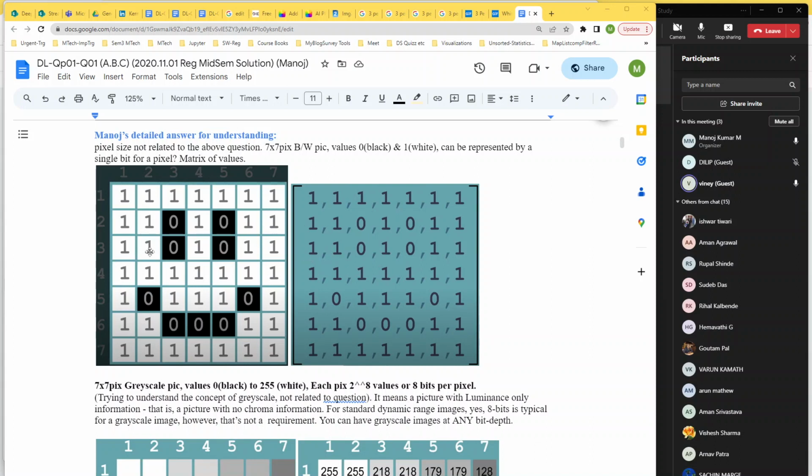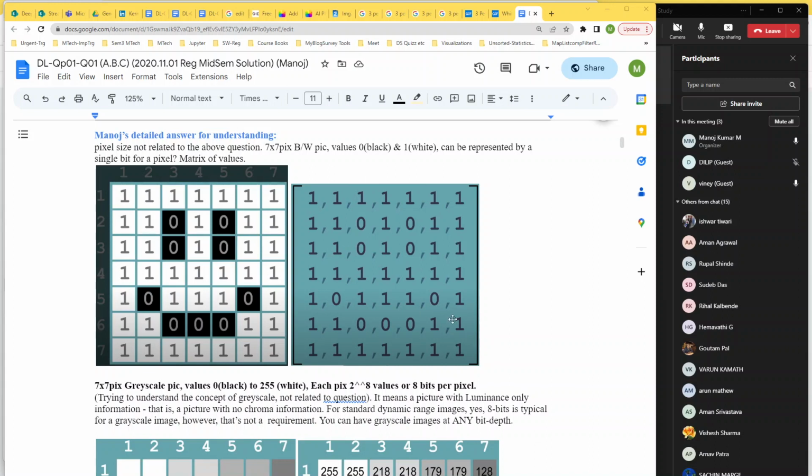Yeah. And see, this one is a matrix. For example, I have taken 7 by 7 pixels, so each one is represented by row and column. Here white is represented by 1 and black by 0. So this is called a black and white picture. If you put commas between these cells and put these values here with brackets, then